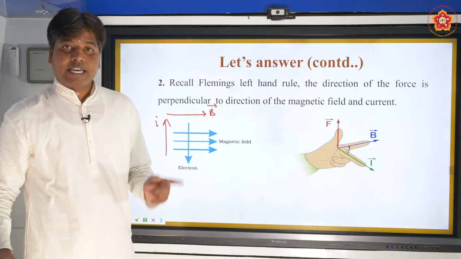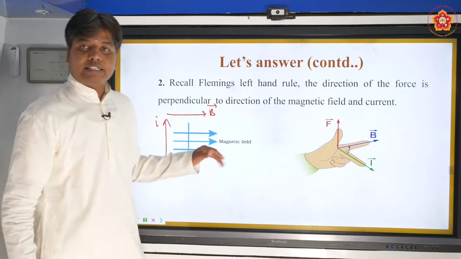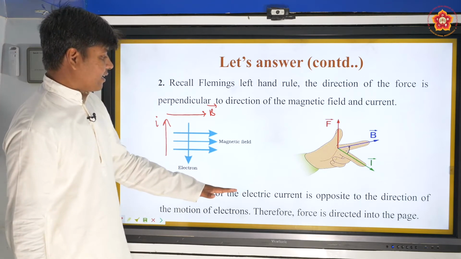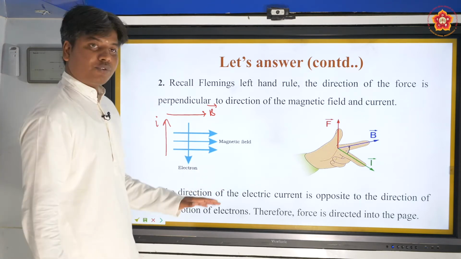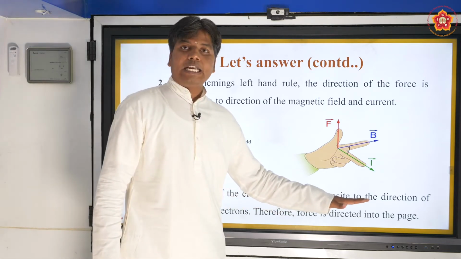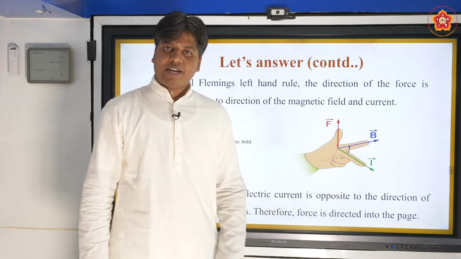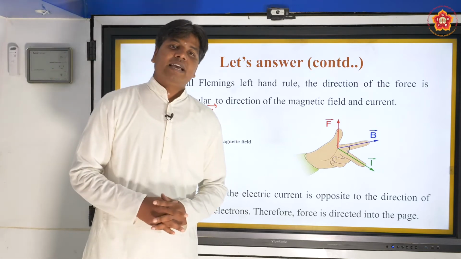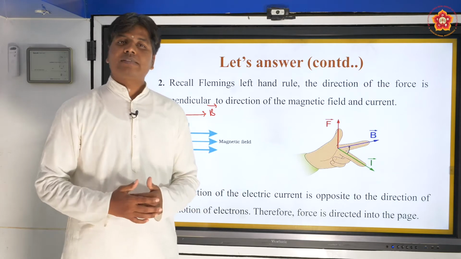That's the force experienced by the electron in this magnetic field. So the direction of the electric current is opposite to the direction of the motion of electrons, as we discussed. Therefore, the force is directed into the page. Alright. This answers your two questions from the last session and also summarizes what we discussed in the last